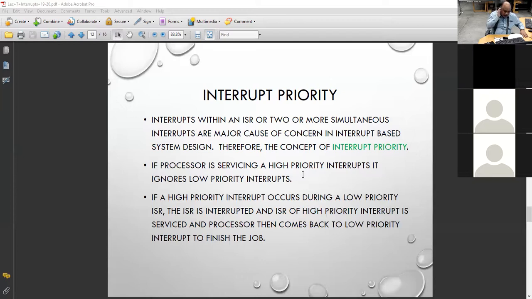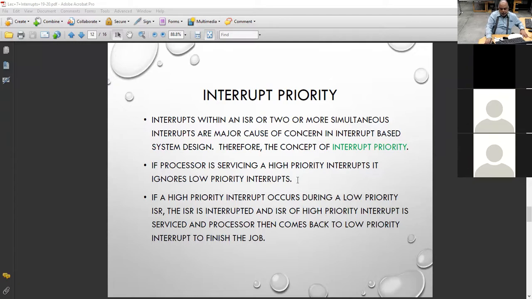This PIC processor has two interrupts, high priority interrupts and low priority interrupts. I will not go into the high priority interrupts. There are two high priority interrupts, and of course, we'll not go into that. And the low priority interrupt that we are usually using by using the interrupt keyword, that low priority interrupt is